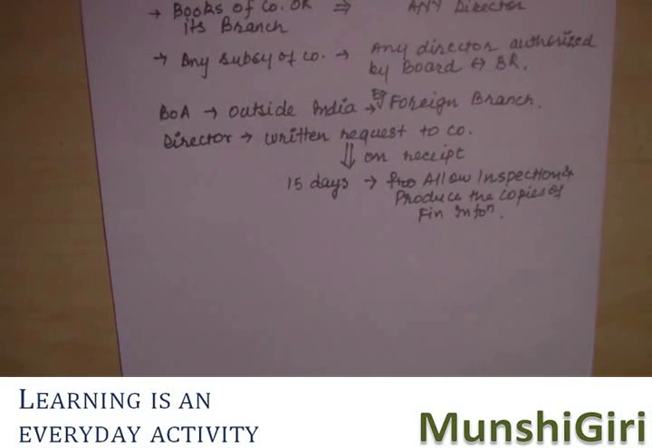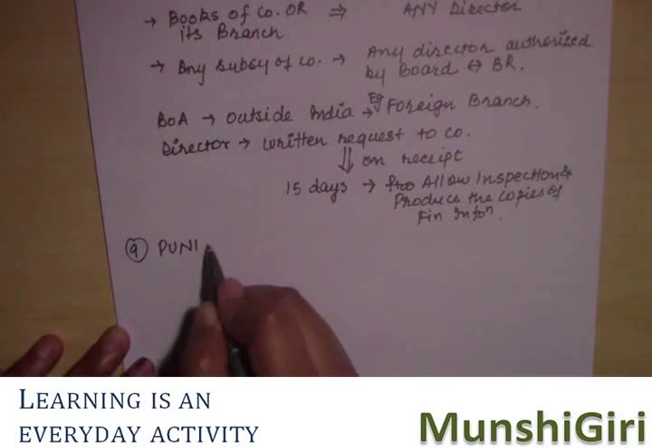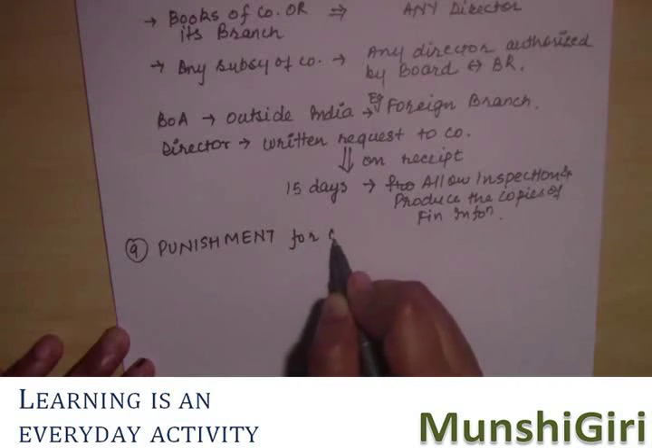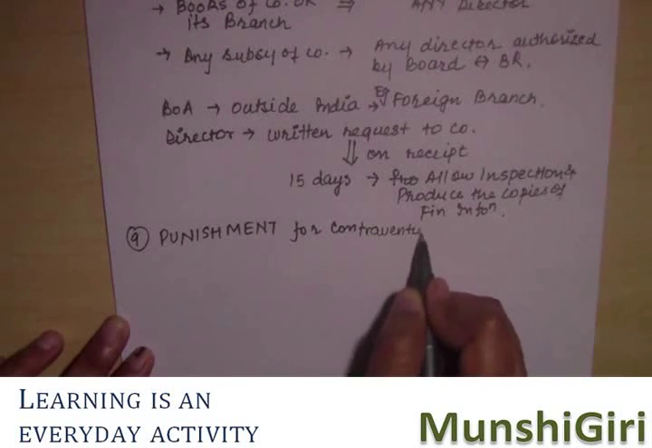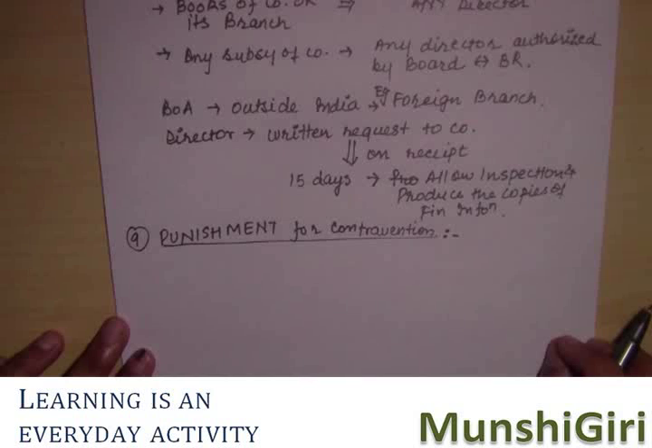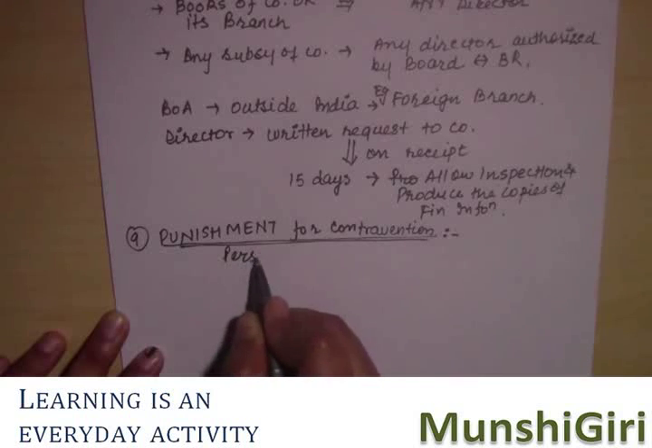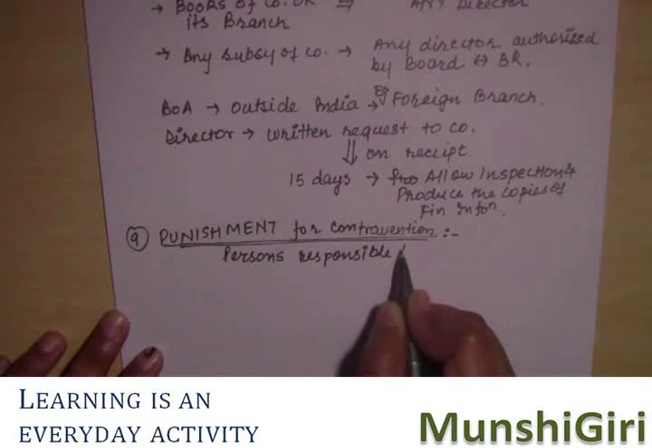Now the last point under this section is punishment for contravention. In case of failure to comply with the provisions, the persons responsible to maintain the books of accounts shall be punishable with. Who shall be punishable? Persons responsible to maintain books of accounts